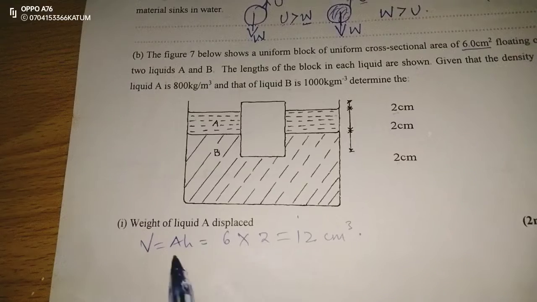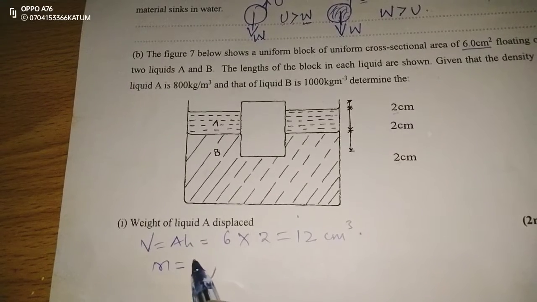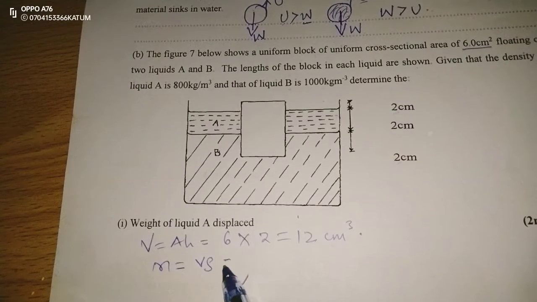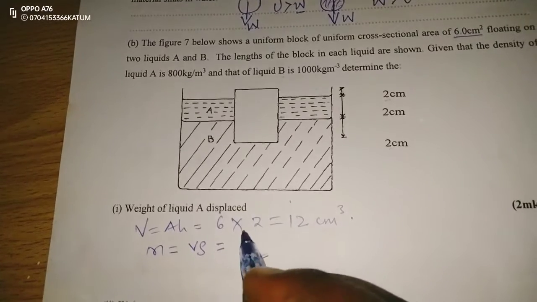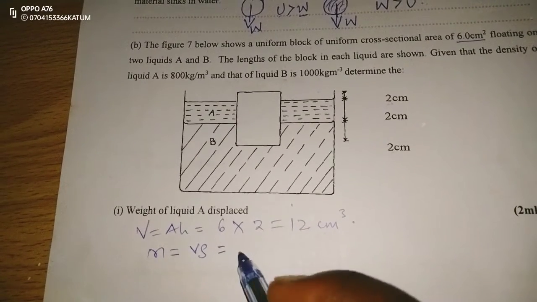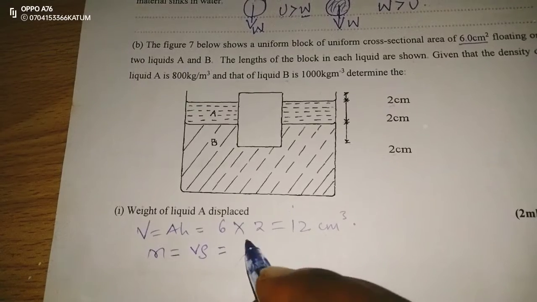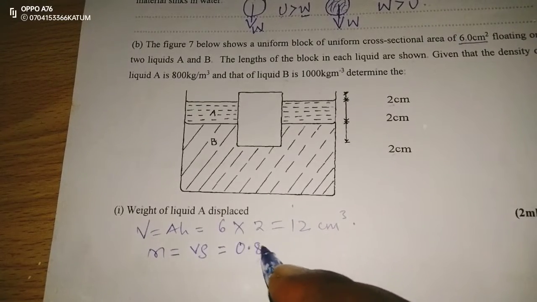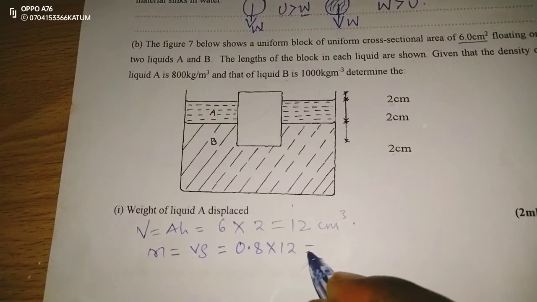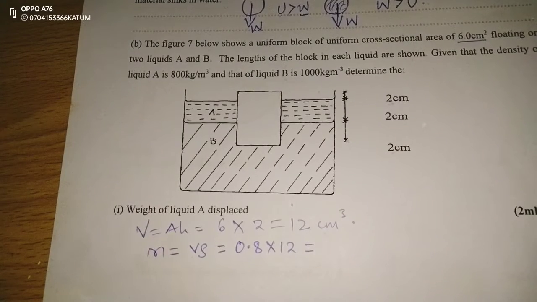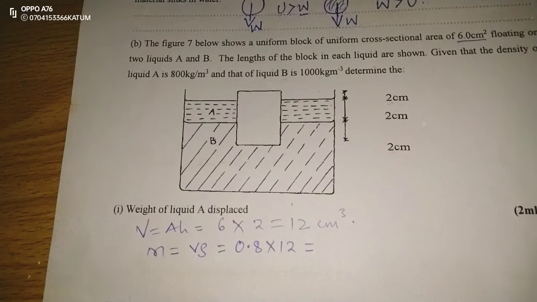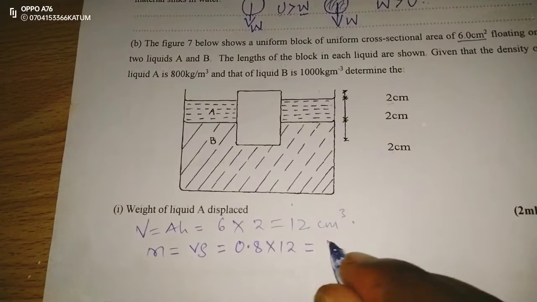Now for liquid A, mass is given by volume times density. We convert the density 800 to grams per cubic centimeter. It becomes 0.8 multiplied by 12, giving us 9.6